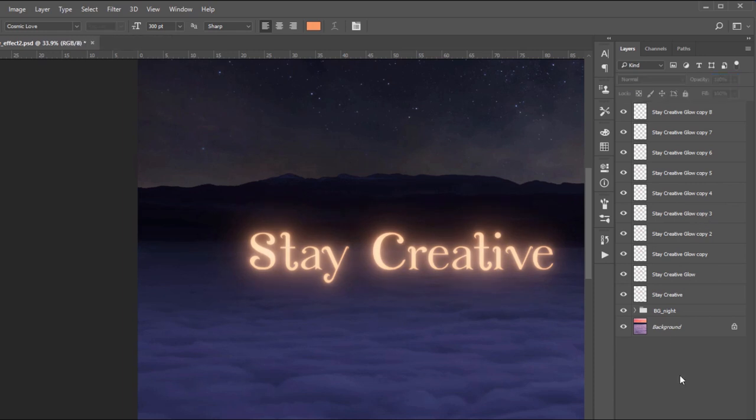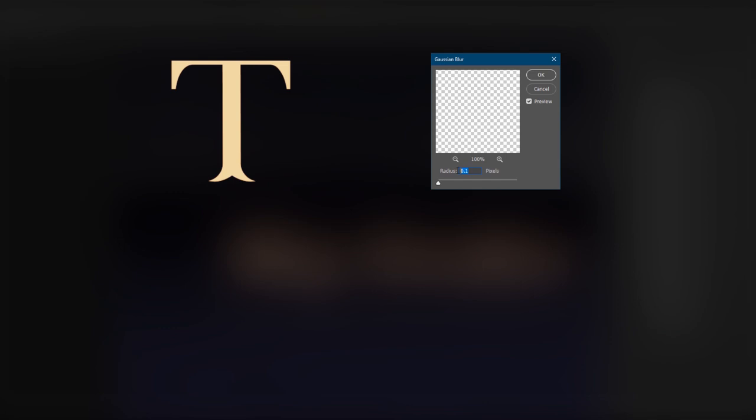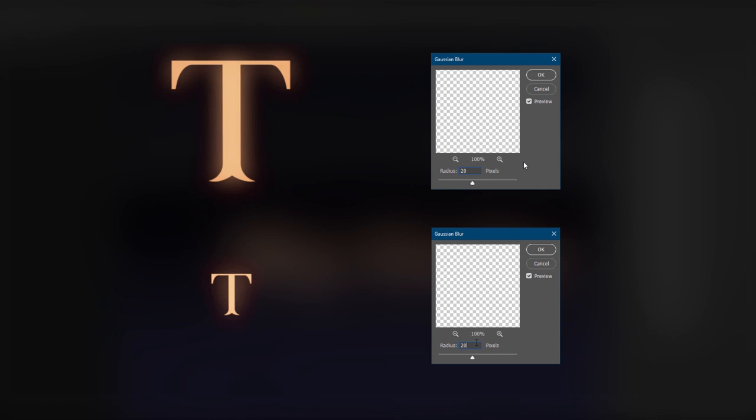One thing you should keep in mind that amount of Gaussian blur will change according to text size. For an example, I am taking a text and applying Gaussian blur around 20, and again taking another text but a smaller one. Here you can see radius 20 is making the text way too blur. That means clearly we can't put same amount in a smaller text. Let me put the value 10 for a small text. Now you can see we are getting the same amount of blur in both, but in bigger text radius is 20 and in a smaller text radius is 10. I hope you understood this. Now let's continue with tutorial.